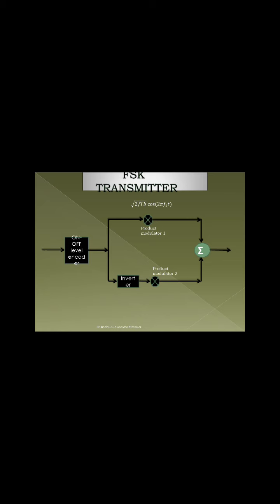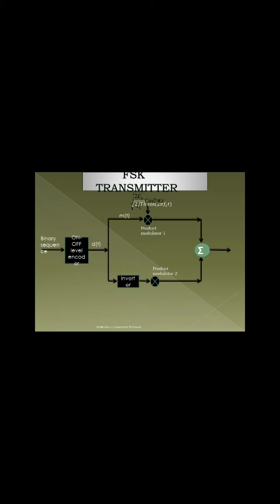How does the block diagram look? It's very simple. We need a line coder, a modulator circuit. Modulators are nothing but mixing of two signals, and we have an adder element to combine these two pieces of information. So the binary source is a sequence of 1s and 0s. We give it to a line encoder circuit. Line encodings can be unipolar, polar, or bipolar. Accordingly, our voltage will be specified for a waveform.